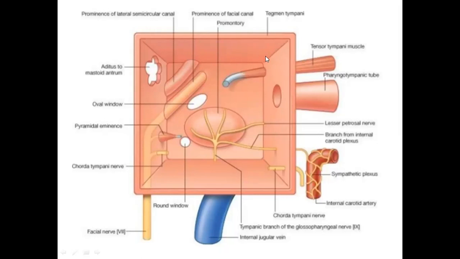It contains the preganglionic parasympathetic fibers, which join with the deep petrosal nerve, which contains the postganglionic parasympathetic fibers, and form the nerve of the pterygoid canal, and it relays over the pterygopalatine ganglion. Then the postganglionic fibers run in the nasopalatine nerve to the mucous glands of the nose and palate, and towards the lacrimal gland through the lacrimal nerve.